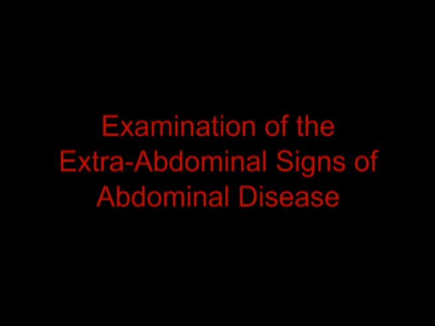The first part of the abdominal examination consists of inspection or examination for extra-abdominal signs of abdominal disease. These can be characterized under the following headings. On the CNS, one will do a mental status exam. Under the hands, one will look for clubbing,